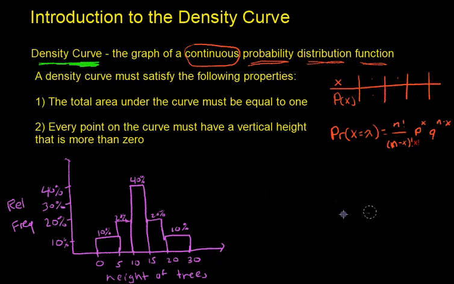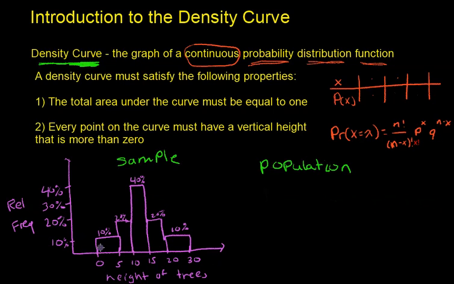So what is a density curve really? Well, it's kind of like a relative frequency histogram. A relative frequency histogram is for a sample; a density curve is for a population. For example, I have here a relative frequency histogram for the height of trees. It looks like 10% of the trees are between 0 and 5 feet tall, 20% are between 5 and 10, 40% are between 10 and 15, 20% are between 15 and 20,